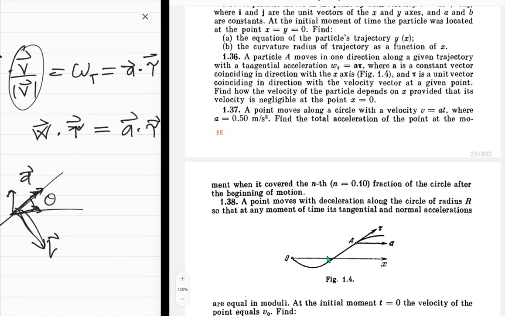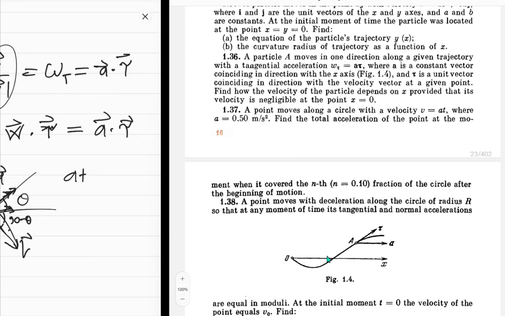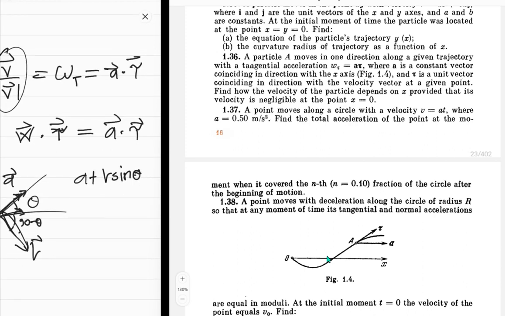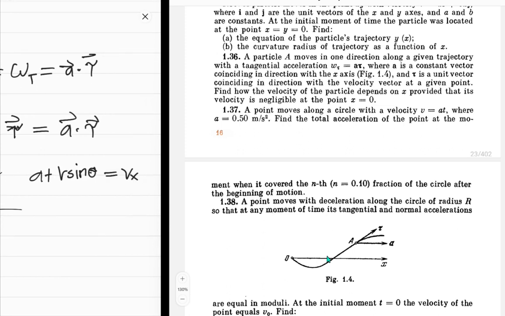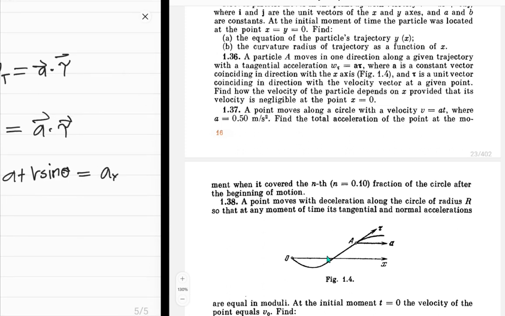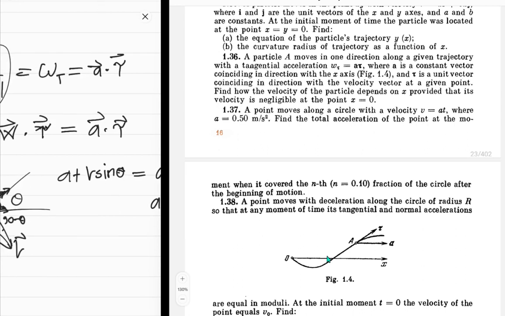Okay, so that's a vector along that. So for x, you will just have a plus the magnitude of a, plus this guy's component. This is just 90 minus theta, so cosine of that, sine theta, so b sine theta in this direction, right? Yes, and that is equal to the x component of the velocity, sorry, not the velocity, but acceleration, in fact. Yeah, and the y component of the acceleration, that is just